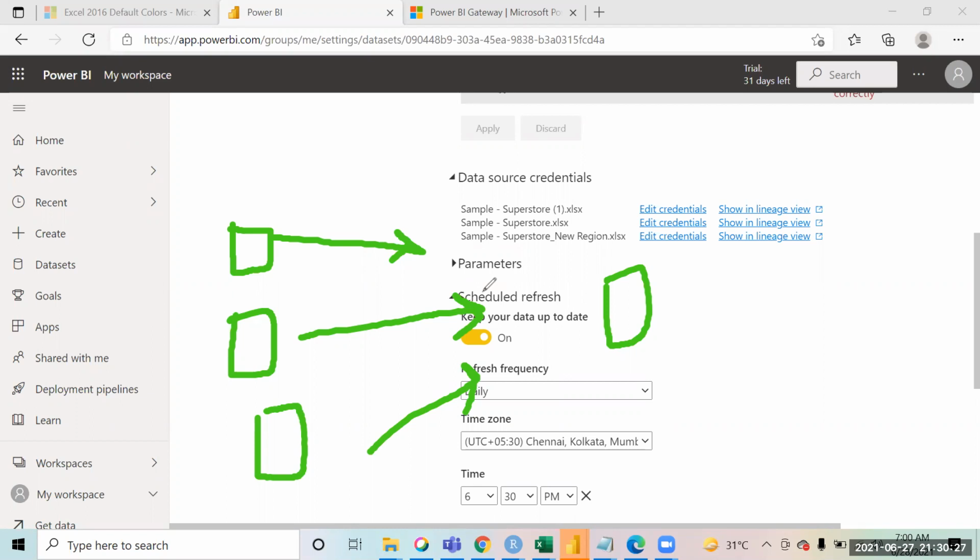Then at 6:30 p.m. Power BI will hit those files, and whatever data has been updated, it will pull into the report and then update this dashboard. That's what's happening, right? Right. If you add any new data in these 3 files, at 6:30 p.m. the report will get refreshed.